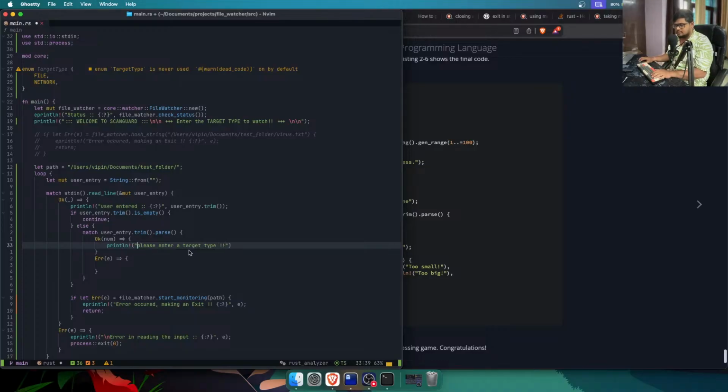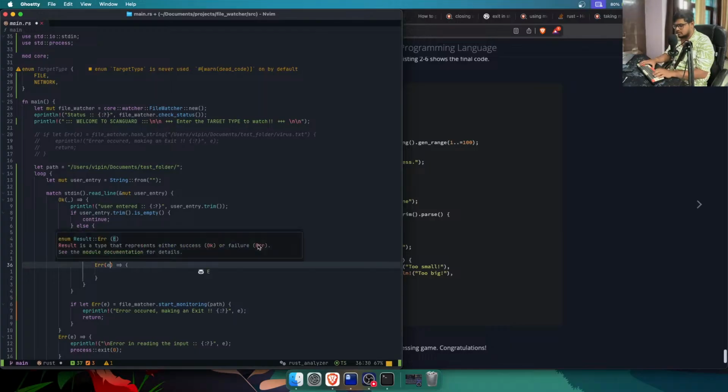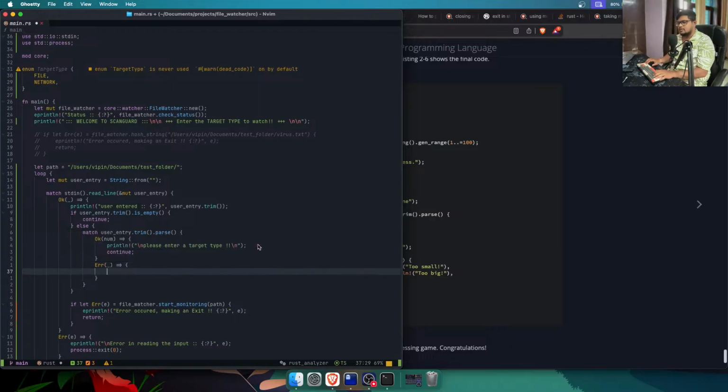can do this. And then we will continue. But if it's an error, it means it's a string. Then what will we do? If it's an error, then it's a string. So we'll check over here. We have already checked for empty. Now if it's a string,